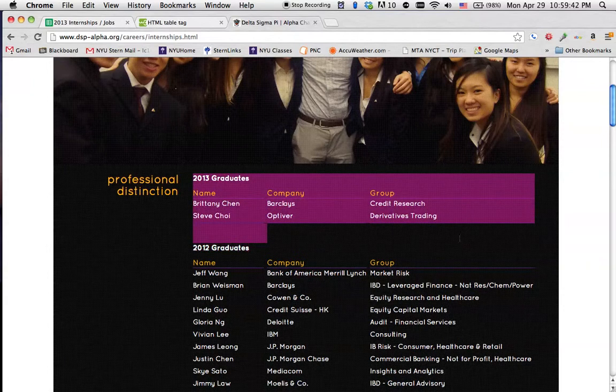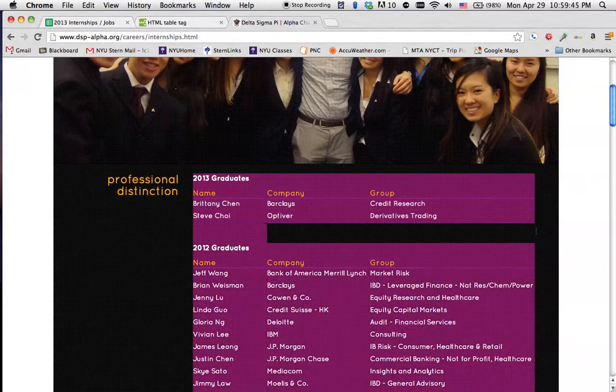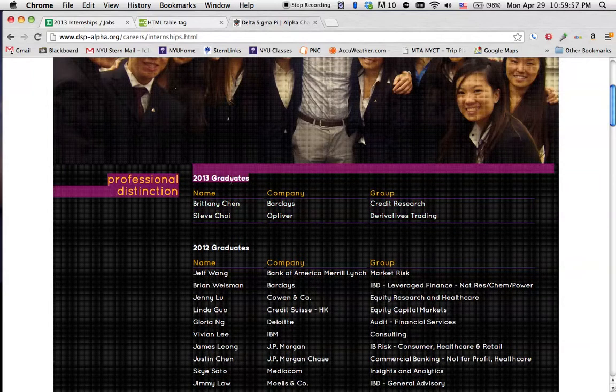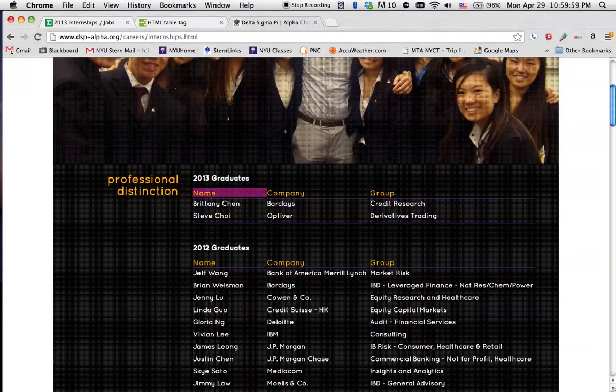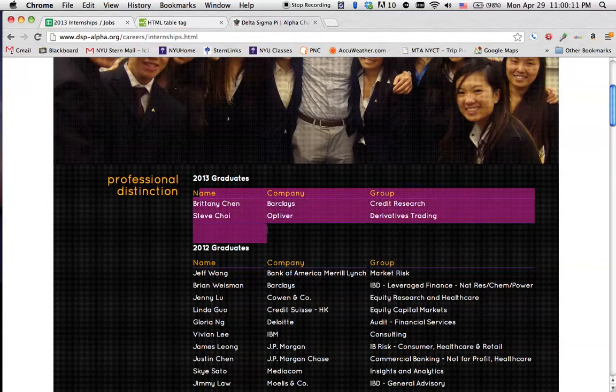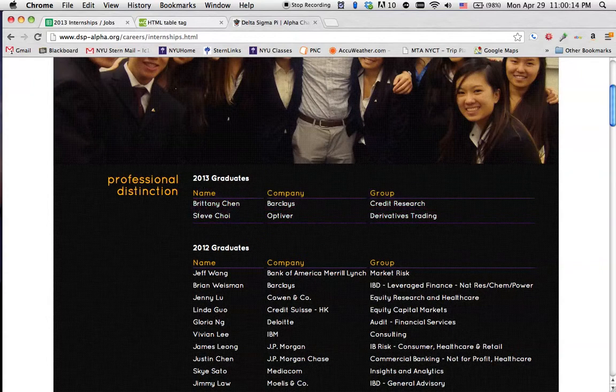So this one section right here is its own table. You can see the format when you highlight it. So this is one table, where this is the first row. This is the second row, which is all the headers, and you can see that the first row is one big cell. But if you look at the rest of the table, it's organized into different columns. So this is one column, this is the second column, and this is the third column, and we'll see that